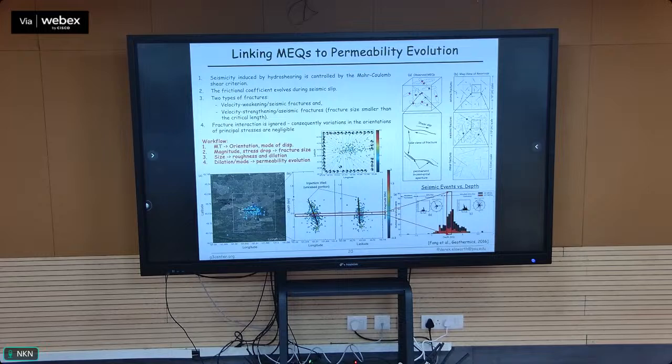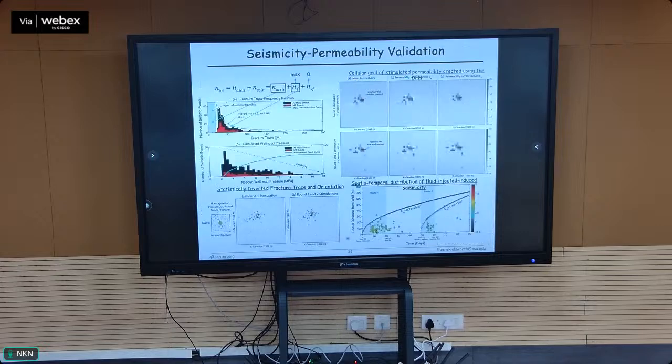So what we could do is use the magnitudes of individual events, such as we have done at the Newberry Geothermal Project, to try and make predictions of the evolution of permeability just by knowing magnitude, location, and making some assumptions about fracture geometry. And if we're able to do that, we end up with a plot of predicted changes in permeability, here shown in colors, as a function of time and a function of radius of the seismic events away from the well, which can be correlated against the envelope of the migration of the pressure front, according to the diffusion equation, which is marked out by the acoustic emissions, which constrains in some way the permeability that you predict based on connection with the seismicity